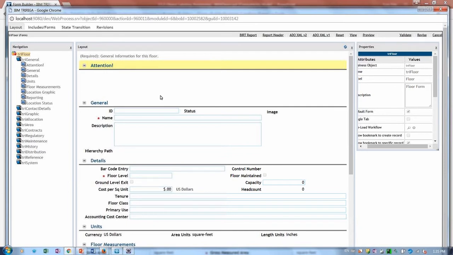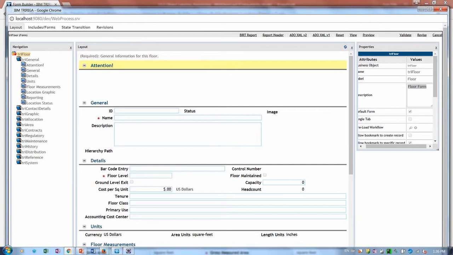This example shows the triFloor form. I haven't made a whole lot of changes here. I wanted to keep it simple for the purpose of this demo, so I added a new description to this particular form